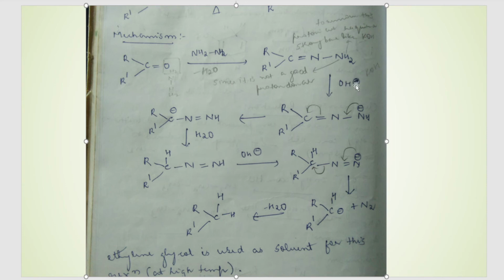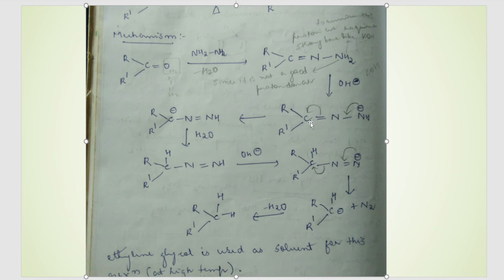The OH minus ions of the base will abstract one proton from here. So one H plus will go out, and N will be left with a negative charge. Since it was NH2 before, now that one H has left as H plus ion, N will be left with a negative charge. Now we have only NH left. In the next step, this minus charge on nitrogen will be shifted between these two nitrogens. Simultaneously, on the other side, the pi bond gets shifted onto carbon. Since this bond is shifting here, there is further shifting throughout the chain.